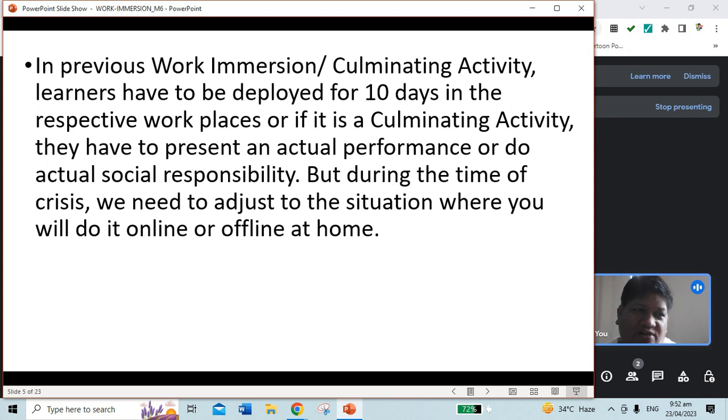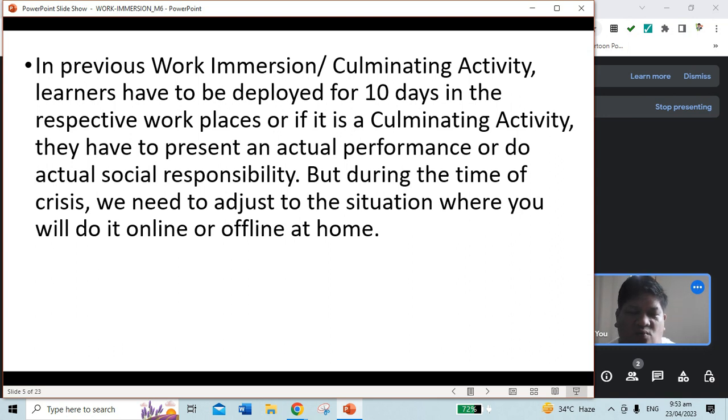So, inuulit ko 10 days because students will be required to report to their industry for 8 hours every day, and then the ACAD students are only required to render 80 hours for work immersion. So 80 hours lang. So if they will be working for 8 hours every day, so dalawang linggo lang sila nandun, which is 10 days. Pero I repeat, for TVL students, they are required to do at least 120 hours. So it's more than 10 days. Pero ang aking hawak ay mga ACAD students, required lamang sila for 10 days immersion